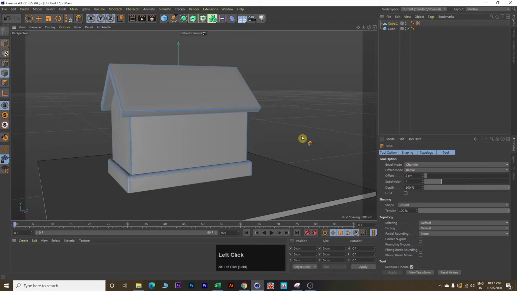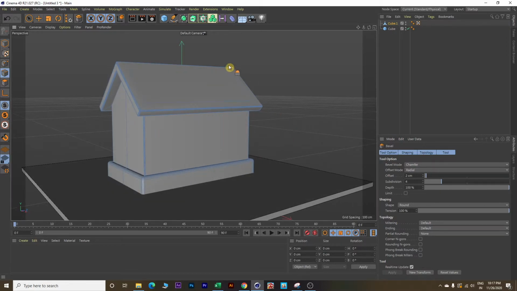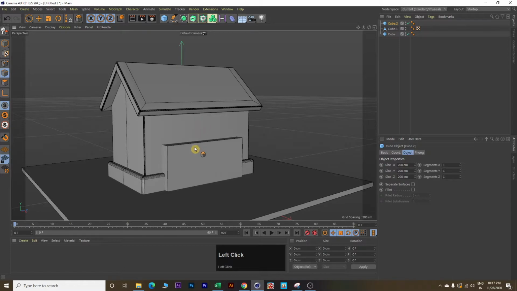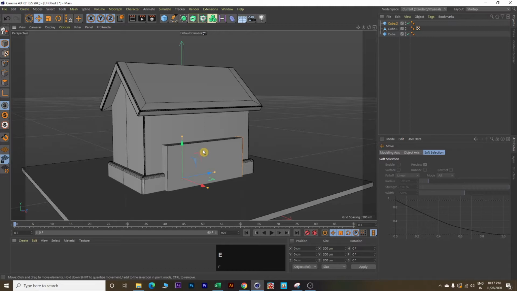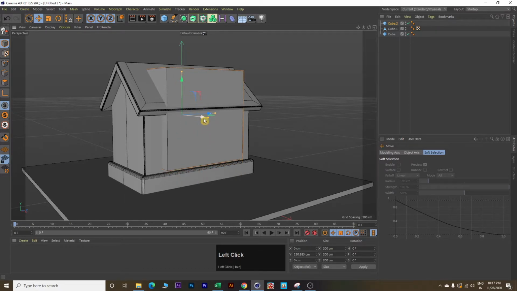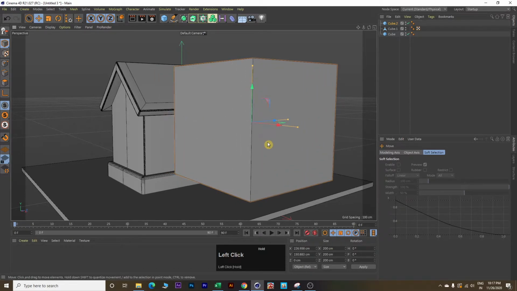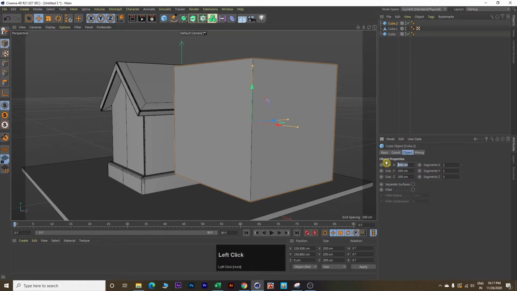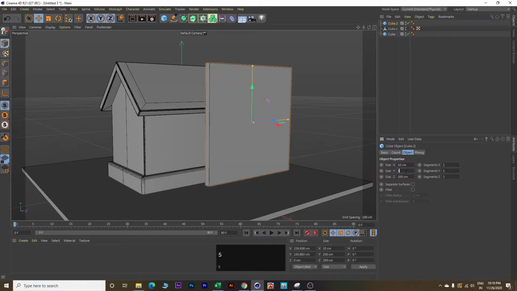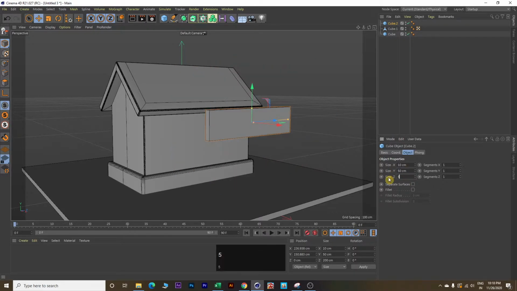Next we will make windows here. So to make a window, again insert a cube, click on this model, click E on your keyboard, bring this cube upward and resize this window cube as 10, 50 and 50.